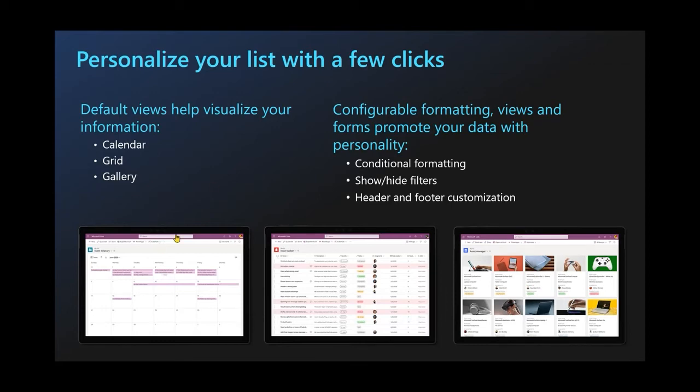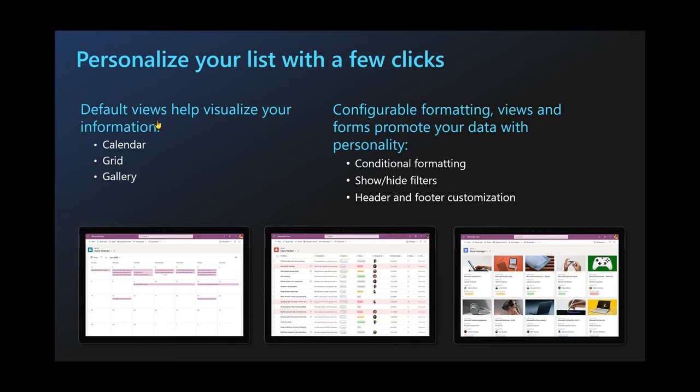I can look at lists that are specifically mine, meaning I made them. And then recent lists. These are lists that belong to teams that I belong to. So I'm going to hit new list. You'll see here you can create a list from blank, from an existing Excel document, or from an existing list. So if I wanted to actually grab, let's say I go to this team and I want to grab this list, I can use that as a template and build a list based off of that.